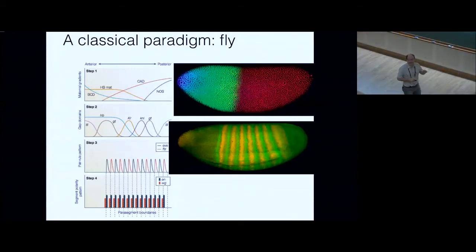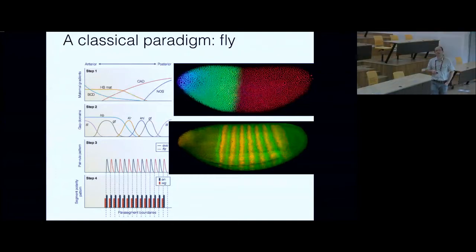And so this is why it has been so well studied and so important in the history of developmental biology to focus on this segmentation paradigm in fly. The problem is that fly is a monster. I should take this back. I should not say there are very few animals developing with gap genes and segmentation genes.